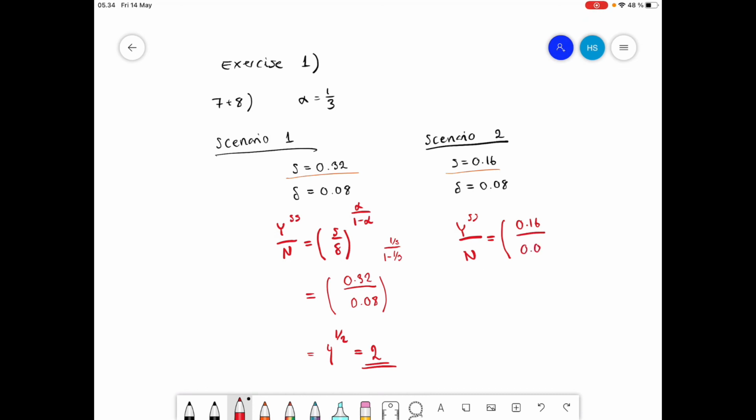So 0.16 over 0.08, to the power of 1/3 over 1 minus 1/3, that is 1/2. So here we have 2 to the power of 1/2. That is 1.41, which is less